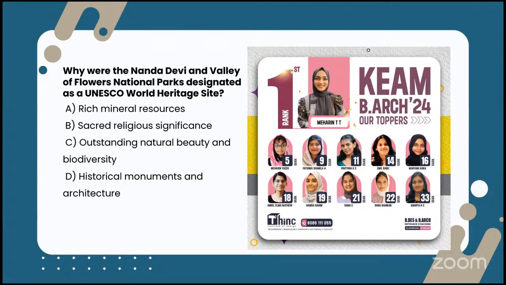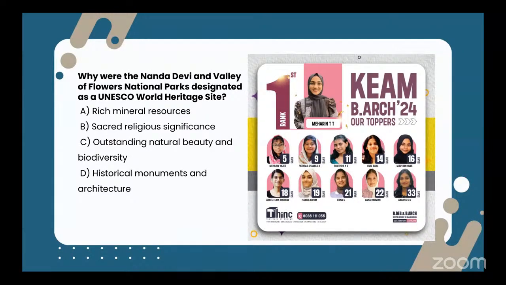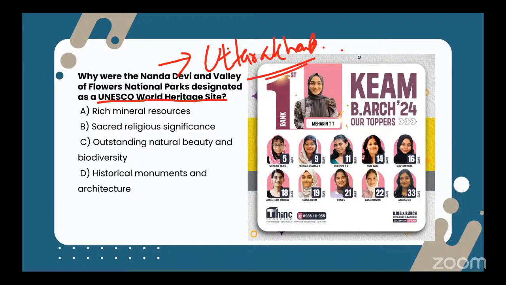Okay, all right. So why has UNESCO recognized them? Before that, we need to understand the location of this area. Nanda Devi Biosphere Reserve as well as Valley of Flowers National Park are located in Uttarakhand. Okay. So the significance is they are the most ecologically rich places in that area itself. UNESCO designates sites which are very important from the world perspective. For example, it should be unique from other places in the world itself. Okay. So that is the thing.